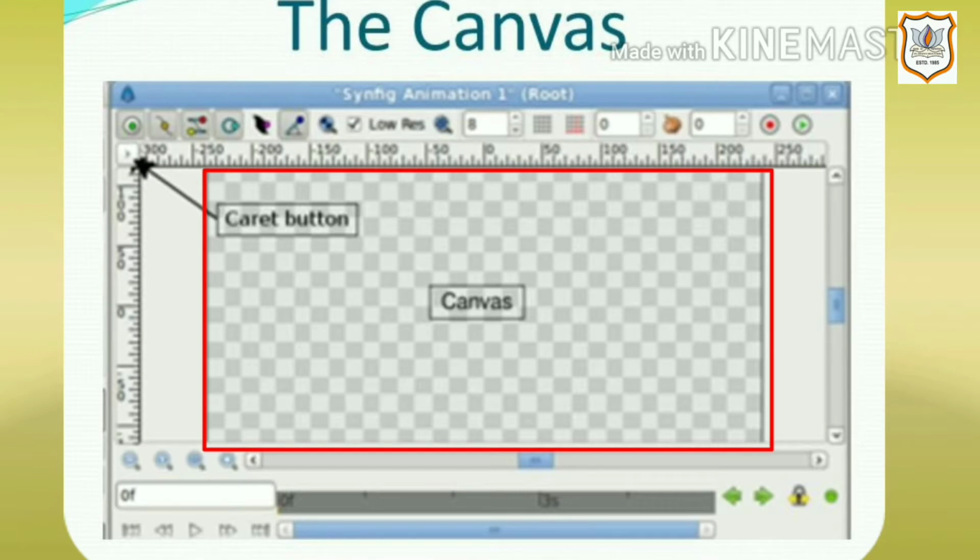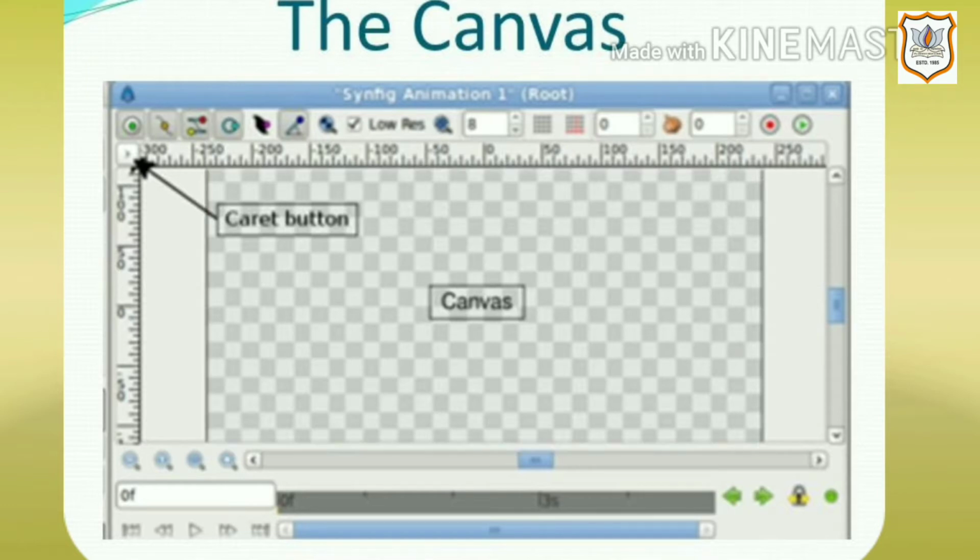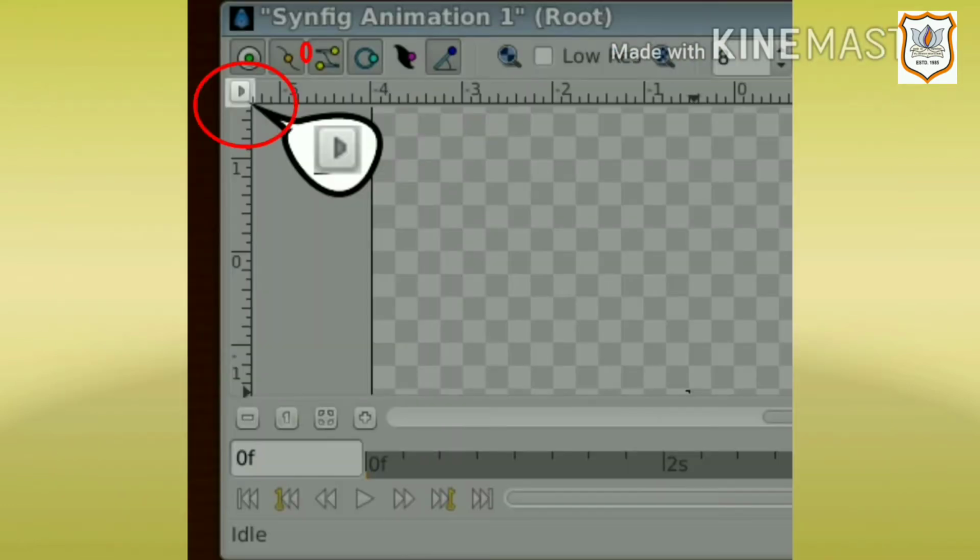The area with the gray checkerboard pattern is your working area, in which you can create elements, layers and manipulate them. In addition to a set of menus at the top of the screen or the top of the drawing window, Synfig has a caret, the little black triangle in the upper left corner of the canvas. If you click on the caret button, the canvas window menu will pop up, which allows access to most of